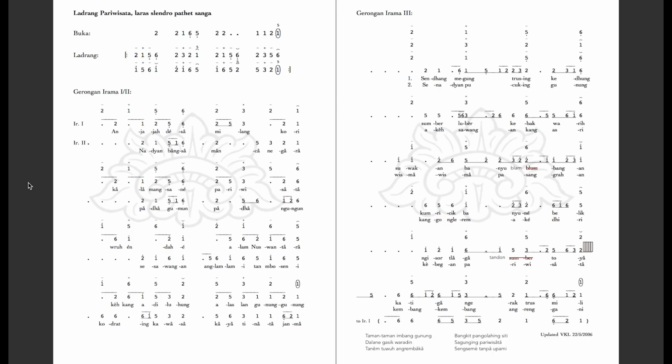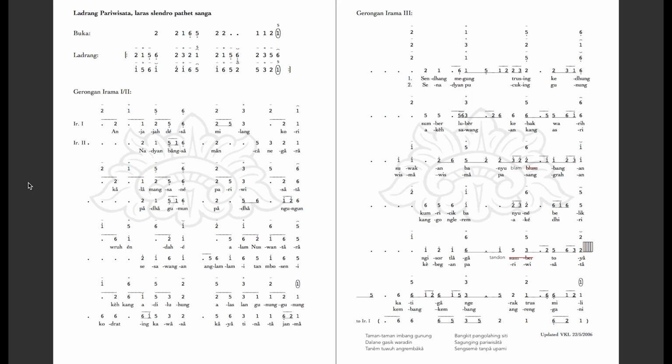One thing that is going to be different about this piece is that this is the first vocal tune that we've done that actually goes into Irama 3 or Irama Wilet. As I've talked about before, when we change into slower irama levels, the balungan becomes more sparse, more spread out, and the flowering instruments start taking up a little more space. It becomes more difficult to keep track of the balungan because it is so spread apart, but this is going to give us a little practice in following that.